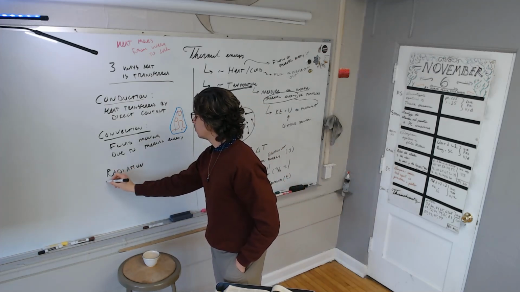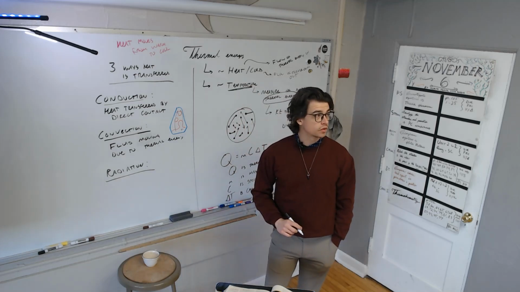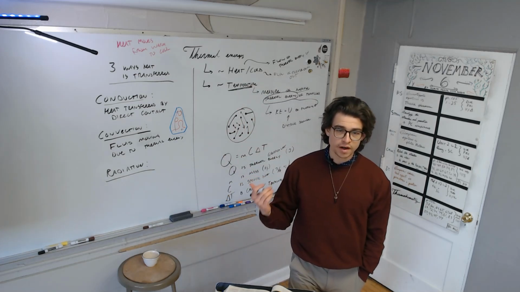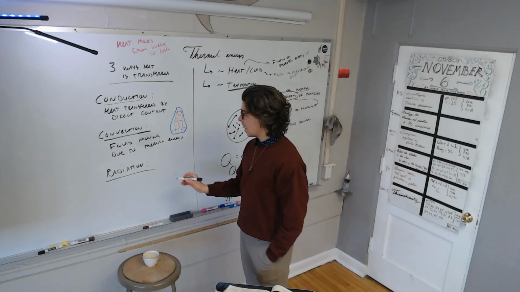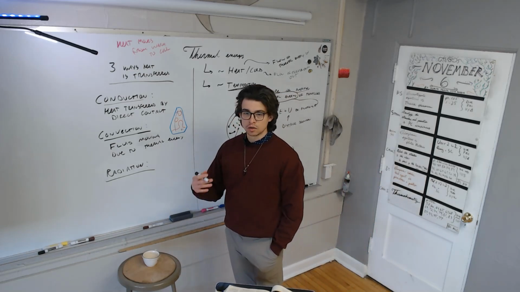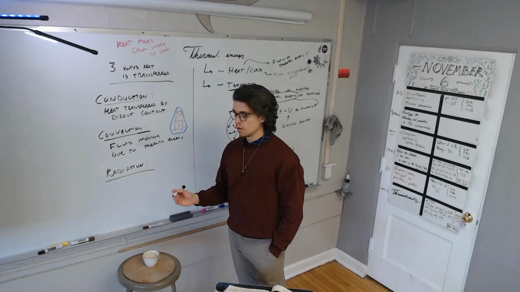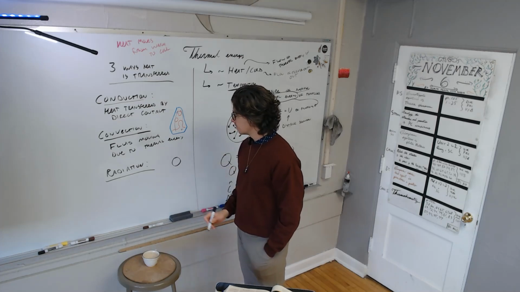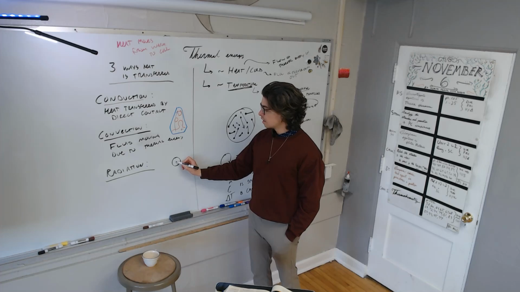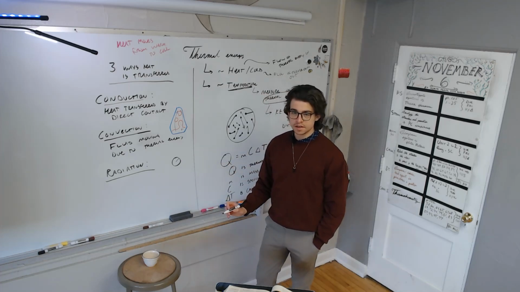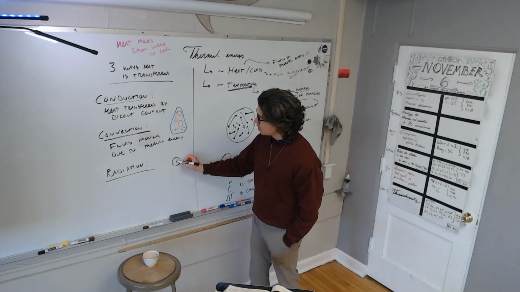Now, some of us might wish that there was a slightly different word for this, because it reminds a person of nuclear radiation, which is a whole separate thing. We will talk about nuclear radiation later in the year. But both of those have to do with the prefix radi, or radius, which you remember from a circle. What's the radius? It's half of the diameter. Yeah, but it's a line segment from the center of the circle outward, right? That's what a radius is. And so radiation is energy or heat flowing from the center of an object out.